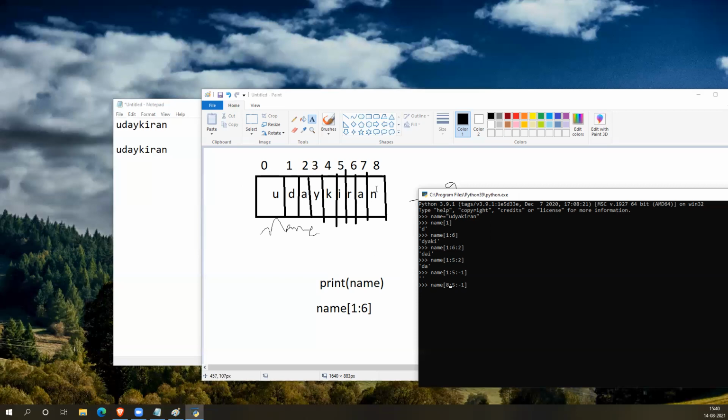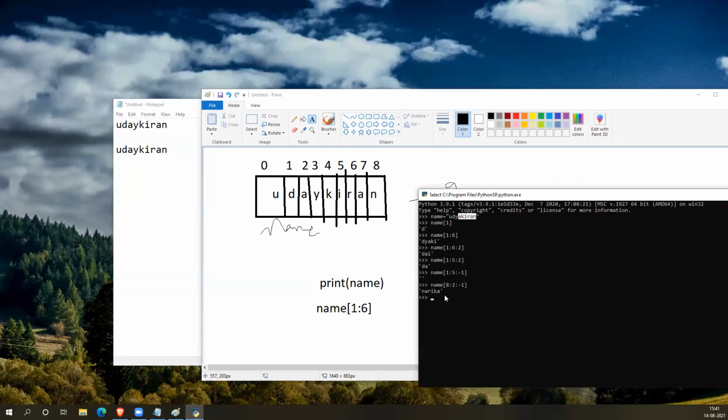It is the starting point, with step -1. So the direction is backside now. As I told you, this is the upper limit and the direction is reverse, so it will be 8 to 3. Till here, the reverse direction is printed.